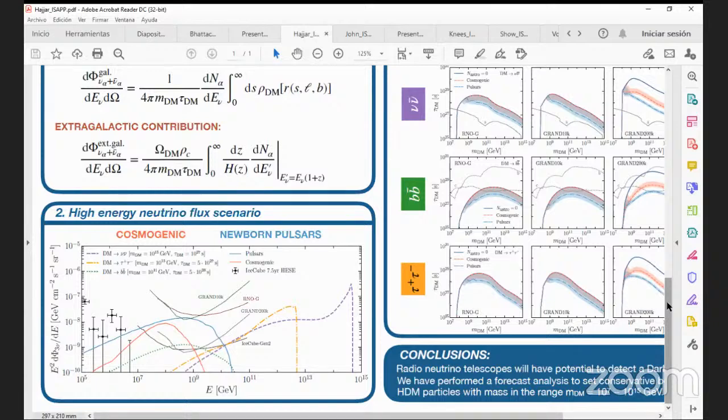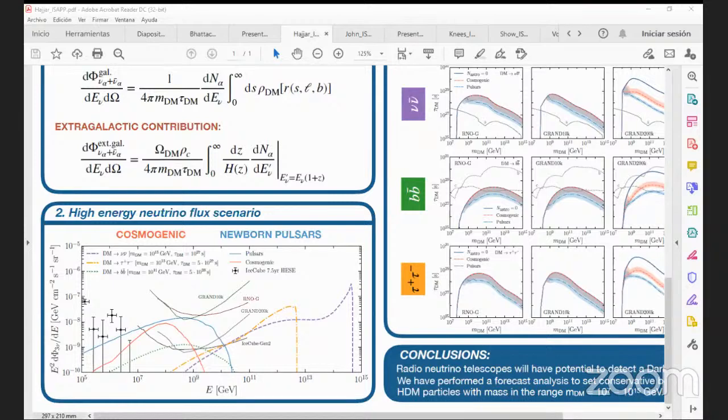And we can also see two different astrophysical expected fluxes. Beyond these black dots, we have no measurements. So these are expected fluxes: in red, we have the cosmogenic fluxes, and in blue, the newborn pulsar fluxes. The cosmogenic neutrino flux is a guaranteed contribution because it will come from the interaction of the cosmic rays with the CMB photons. But it is uncertain in magnitude, and in reality we have a band, but we have chosen the upper limit of this band in order to make our analysis conservative.